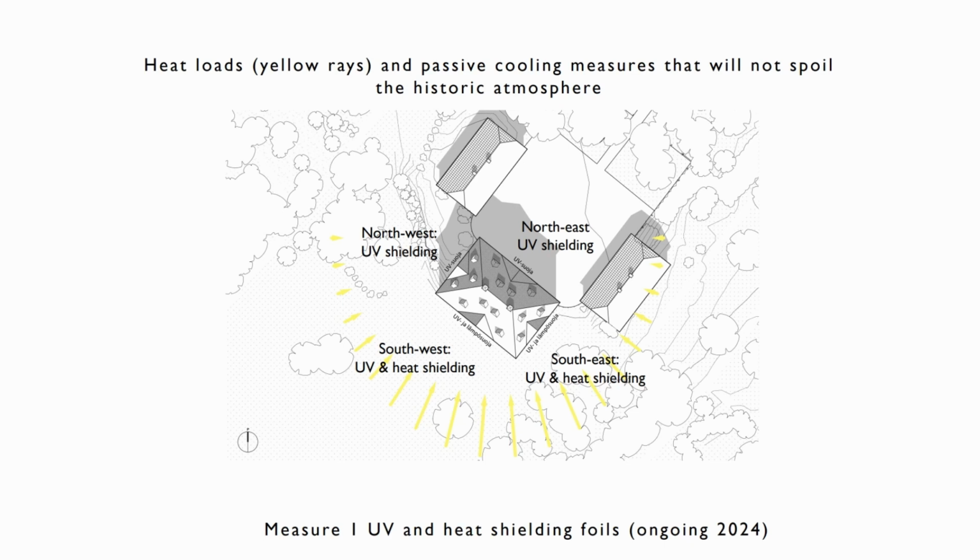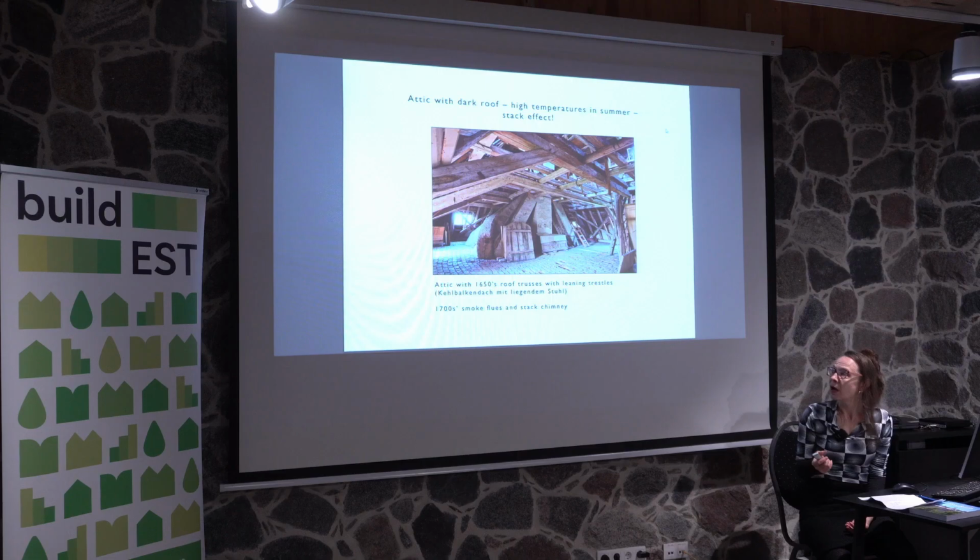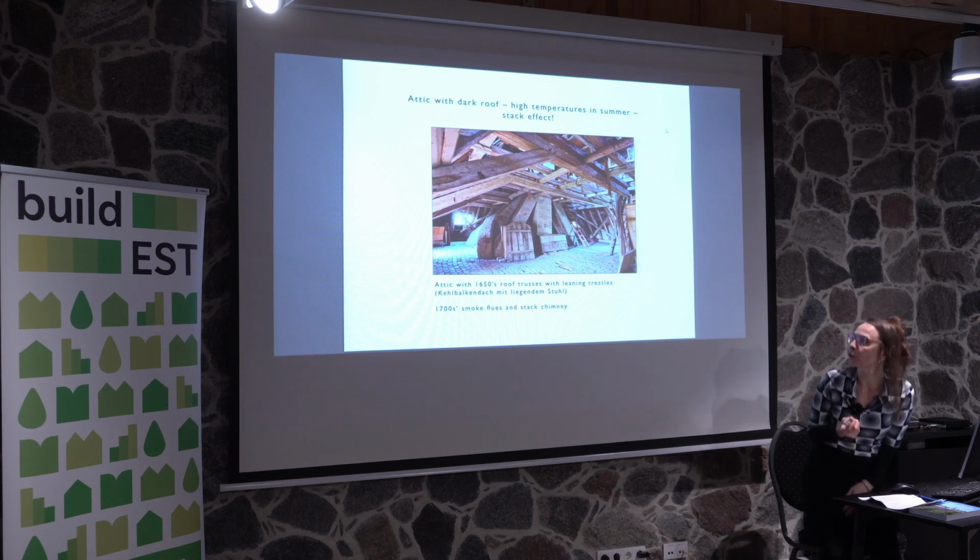This is ongoing, so we don't yet have any results of these measures. And then another thing here is that we are utilizing the stack effect. This is a rather tall building with a very tall attic, open attic, actually quite historical,